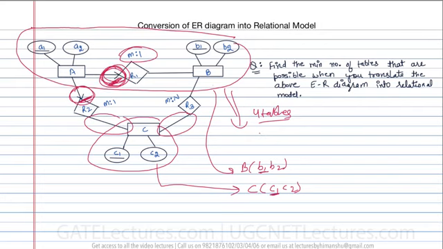Okay, so because A is having the maximum cardinality as 1 in both the sides, right? Because C and B were different, but A is different. And here what happens to this relation R3? For this relation R3, it is an M to N relationship. Therefore, you have to create a table for this relation R3.